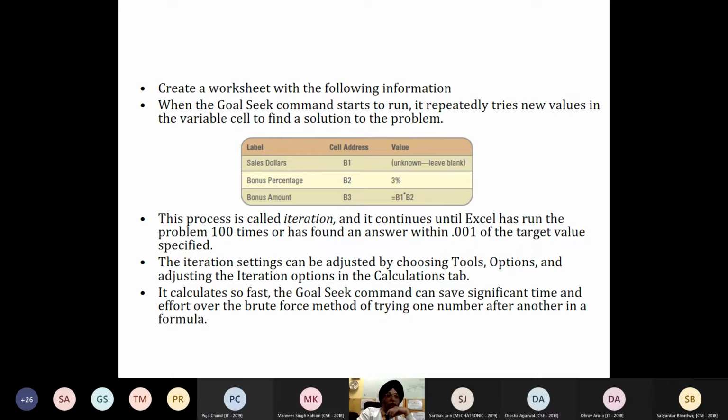Done? Abhipray, doing or done? Yes, sir, it's done. Just prepare this. Type it out in your Excel sheet. You have to put the cell addresses accordingly.